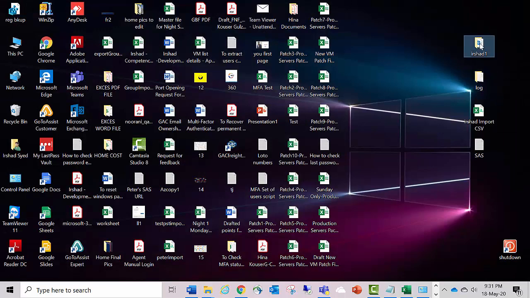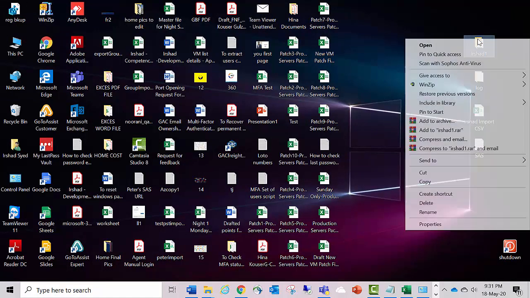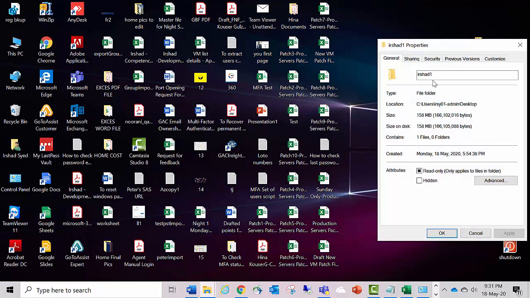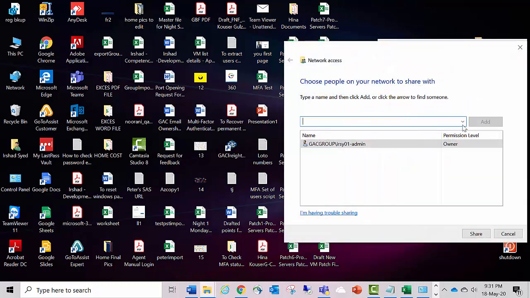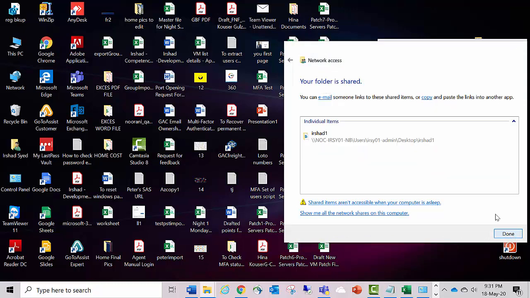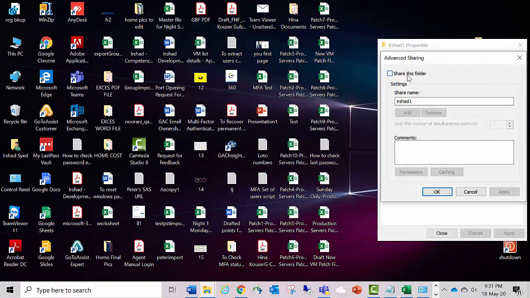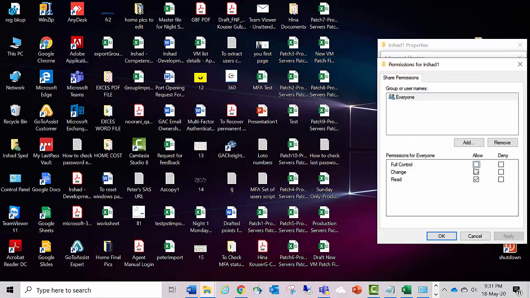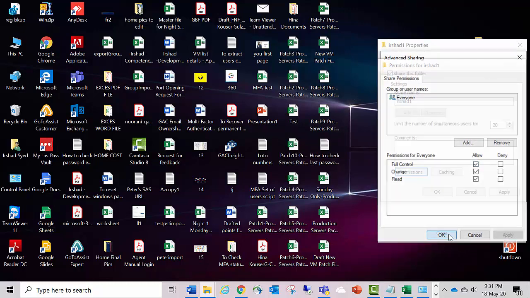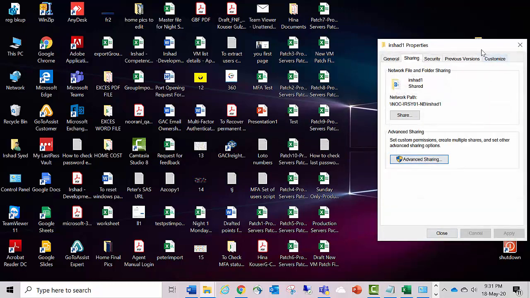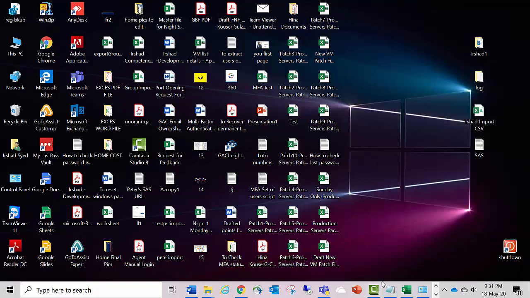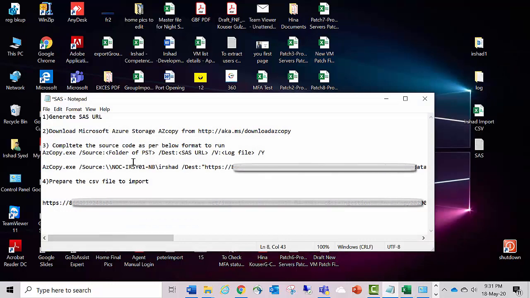My folder name is Irshad1, and make sure that you have given full permission on this folder. Now my source file is ready.